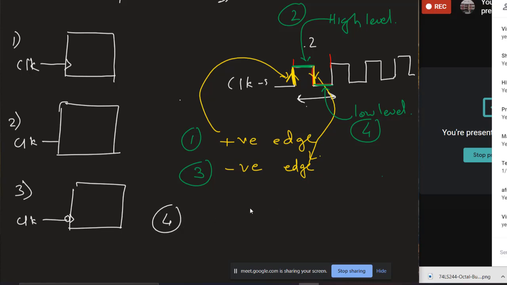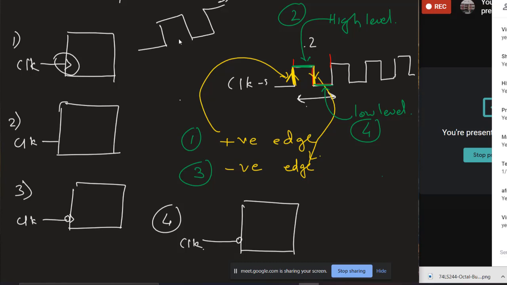अच्छा, इसका क्या मतलब होगा exactly? It means that whenever I have the positive clock edge, please understand what is going to happen here. मान लो this is your clock. This is your clock present at the clock input of any flip flop. So what is going to happen, and what clock does this represent? This represents the positive edge, right? That means this.